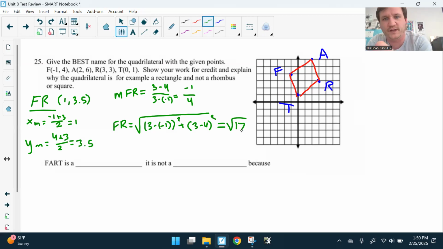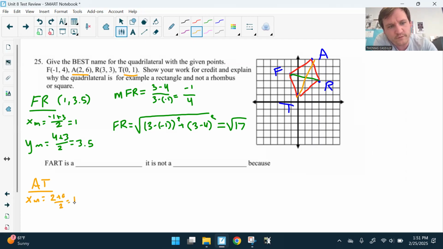All of that work told me the slope of FR, the midpoint of FR, and the length of FR. Now I'm going to do the same thing, but with AT. I'm going to find that diagonal. I'm going to go in the same order, so let's find the midpoint. The x midpoint is equal to, now we're using point A and point T. Just very carefully use the points that are listed. The x midpoint here is going to be 2 plus 0 divided by 2,